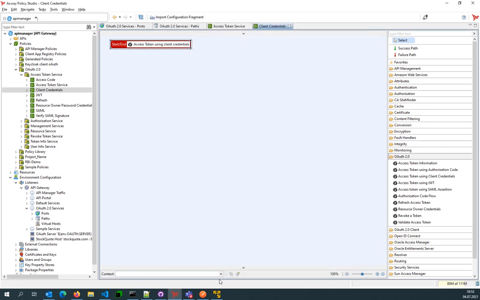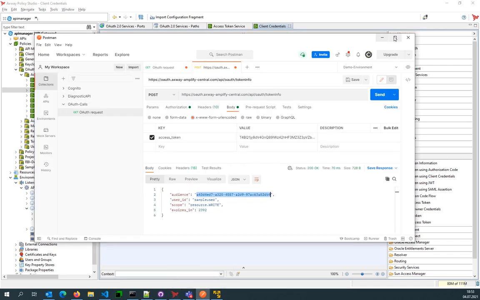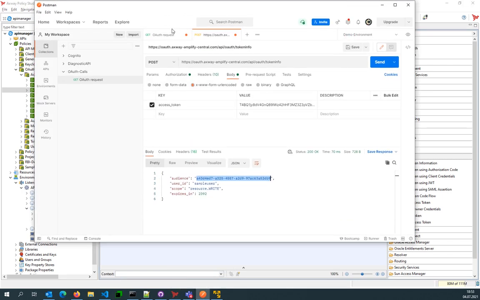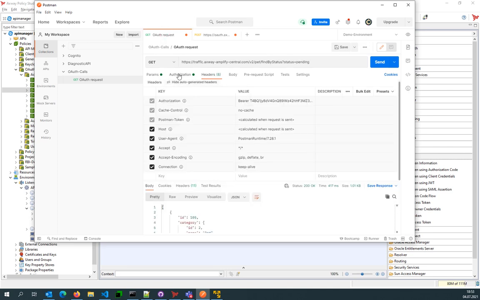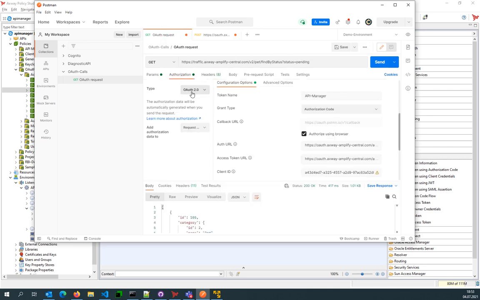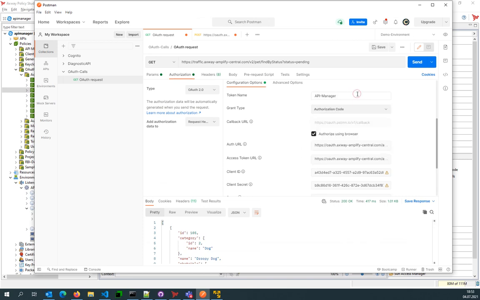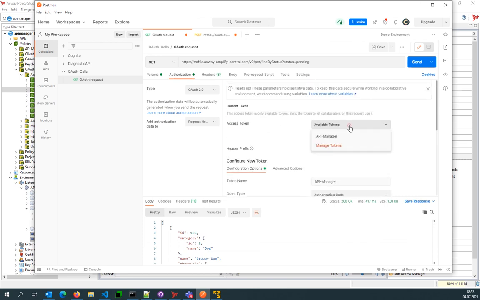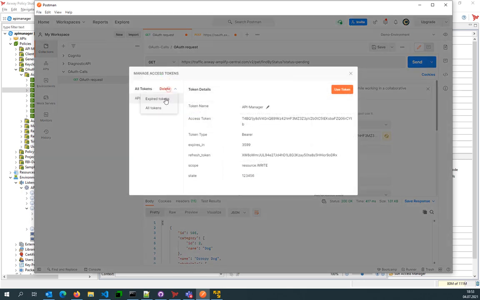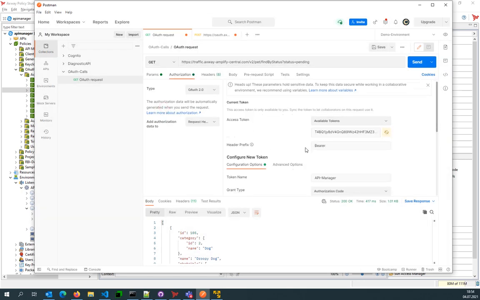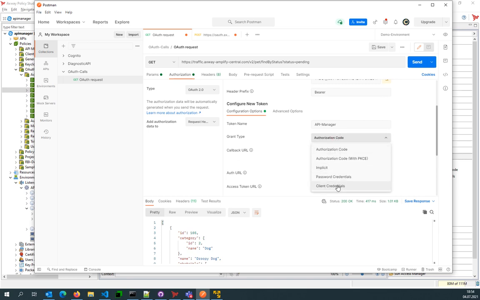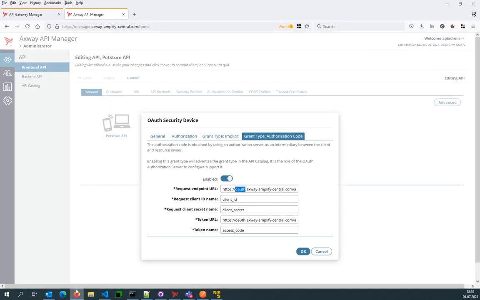Now let's see with the client credential flow how that looks, how you can get an access token. I'm using Postman for that. I go to the authorization tab and select OAuth as authorization. Let me make sure we are removing existing tokens, and I would like to delete all tokens. And here I'm saying client credential flow, and I have configured in the API management solution a